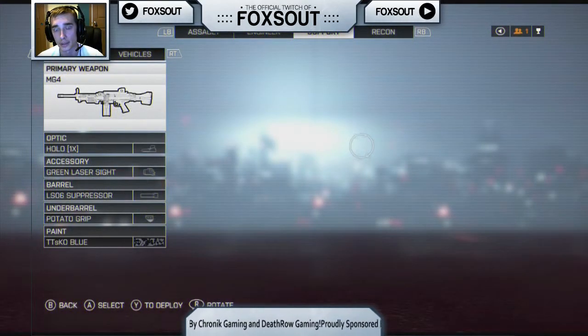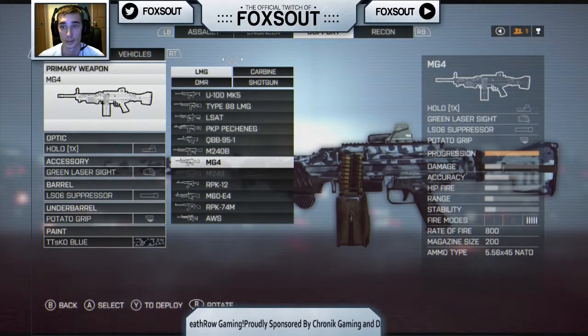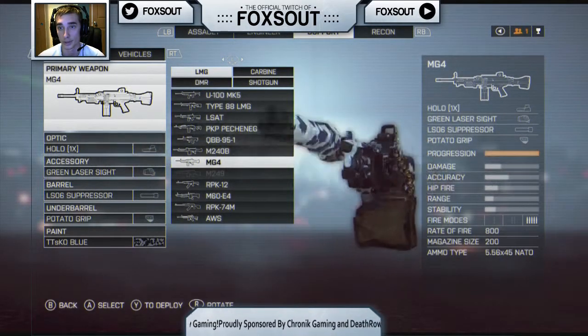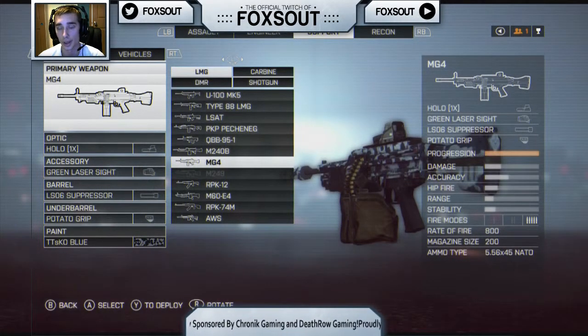For my LMGs, the only LMG that I ever run a suppressor on is the MG4, and that's because it's got 200 rounds. I like to use it to rush and get behind people. That's why I put a suppressor on it, so no one knows where I'm at immediately. But for everything else,